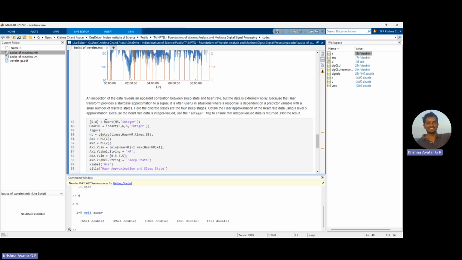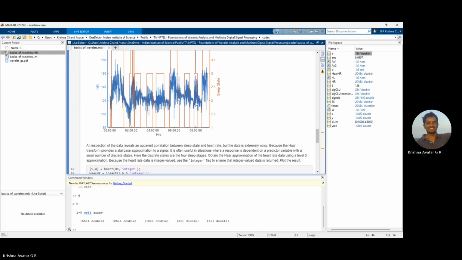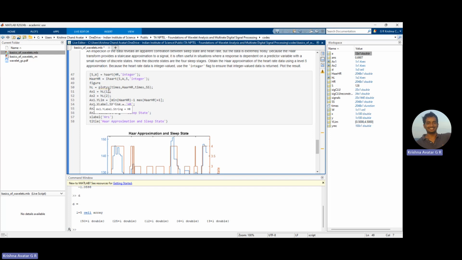It seems that when you use the Haar transform, it does so at all levels. However, if you want to plot it, then you can reconstruct it at a chosen level of approximation. So let me run this. Control plus enter runs this part of the code, and this runs this part of the code. So once we have this,